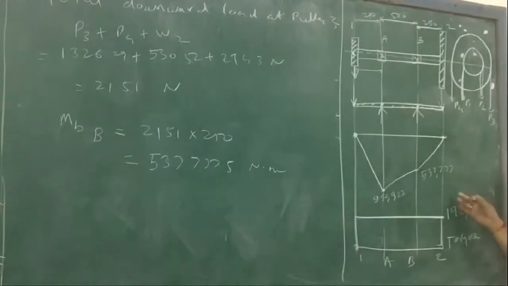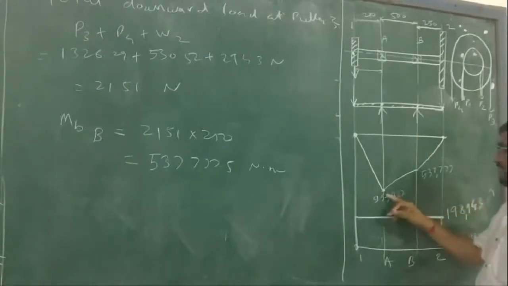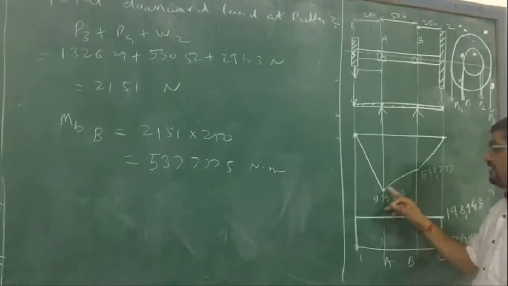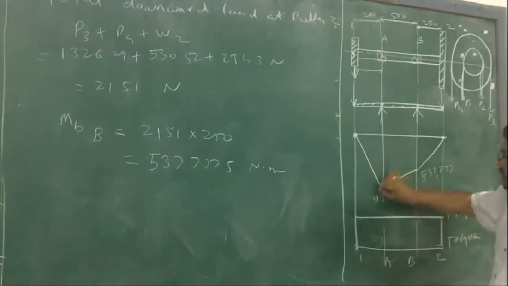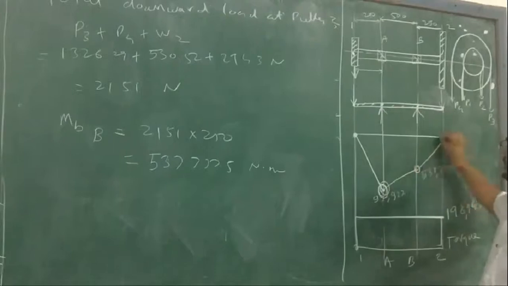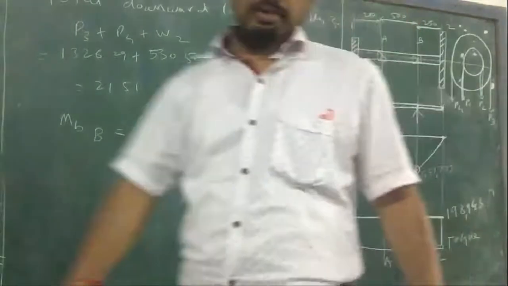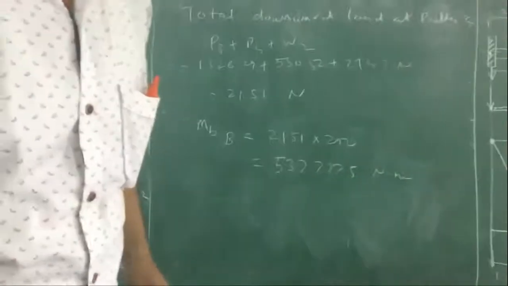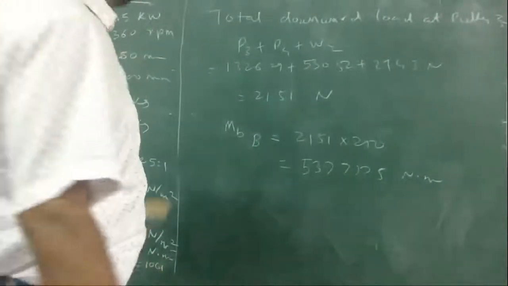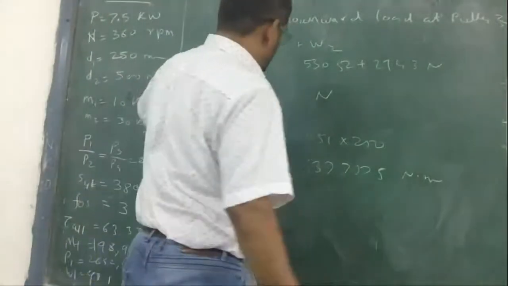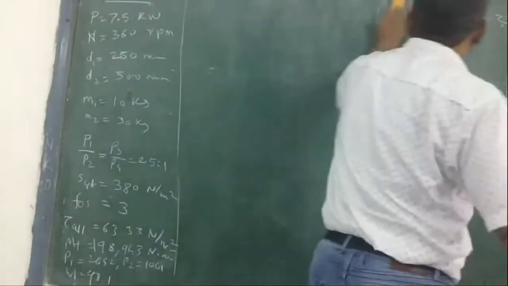So from that, what do we get? The maximum bending moment is here. This is 952, and this is what we use for the calculation, because it is the larger one. Here it is 0, here it is 537, and here it is 952. So this is the bending moment and the twisting moment we are going to use for our calculation. So now we know what bending moment and twisting moment we are going to use. We will write those down.